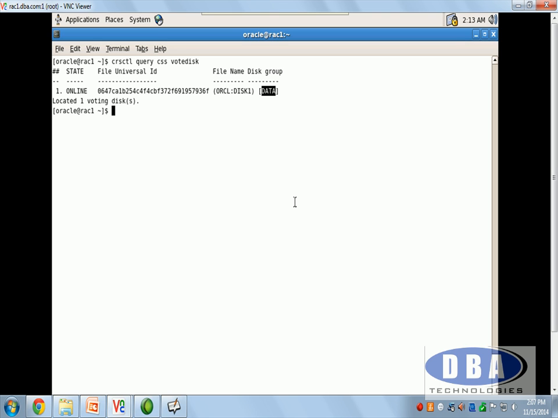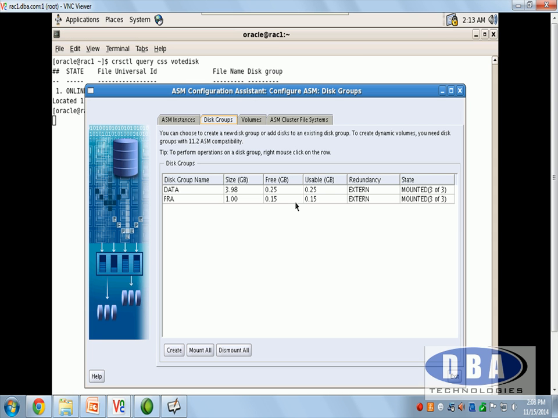So it depends on the redundancy. Just because I have 10 disks in data, it all goes by the redundancy. So let us check what type of redundancy. ASMCA is the tool that we can use to check. There are other ways actually. You can use LSDG by connecting to the command prompt. ASMCMD can even give you the type of redundancy configured for data. So you can even log into ASM and check.